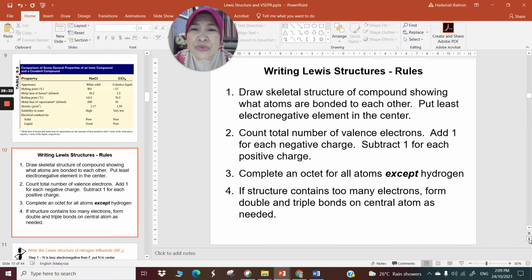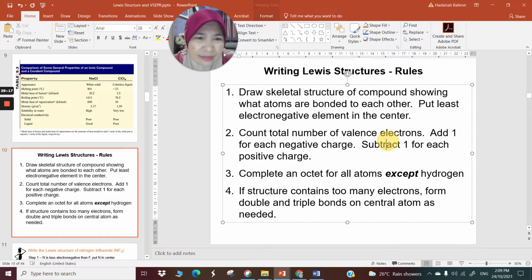And if you have 2 different atoms, you choose the least electronegative element in the center. For example, water. You have H and O. So to draw the Lewis structure of water, you put the least electronegative element in the center. Well, water probably is not a good example. We take methane, carbon and hydrogen. Carbon has higher